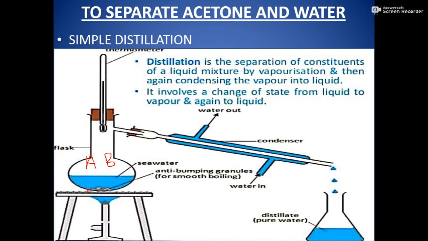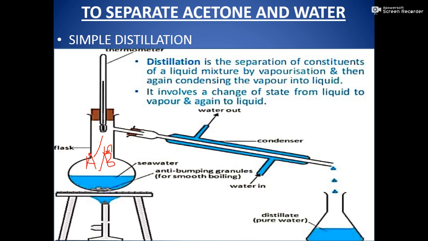So when we provide heating to the mixture, then at 50 degrees Celsius the vapors start, and these vapors are of A, because the boiling point of B is, for example, 90 degrees Celsius. So 90 degrees is higher than 50 degrees. So first the vapors of 50 degrees will arise, and no doubt the vapors of 90 degrees will also arise, but they will not go to a high distance and they will fall down.